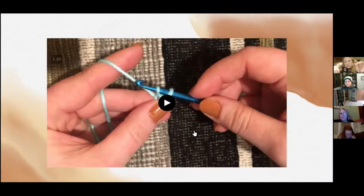So say this one's your new color and this one's your old color that's attached to your working project. I just make a tiny little knot. I don't know if this is right, but this is what I do. I just make a little knot and then